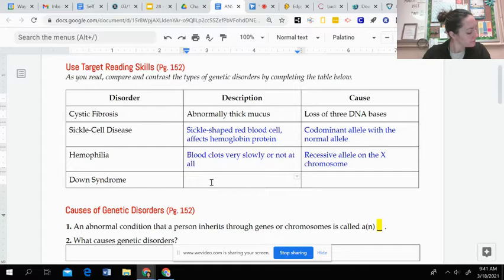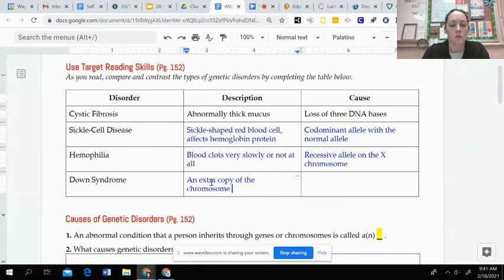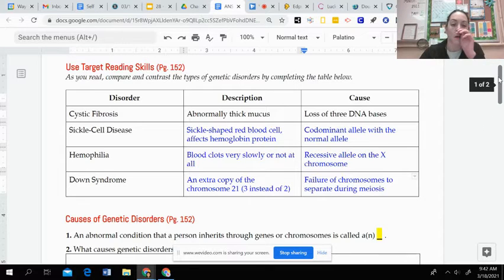Then Down syndrome is an extra copy of the chromosome 21. So there's 3 instead of 2. The cause of this is failure of chromosomes to separate during meiosis. Okay, if you have something a little bit different than this, that is fine, but this is just kind of